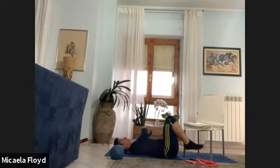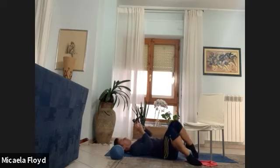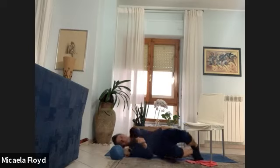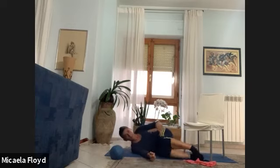And release it back. Relaxing the legs and releasing the hips. If you're lying down, I want you to roll over onto the side, setting yourself into opening and closing doors. So we're going to go back into the shoulders, but this time trying to get deeper into the spine as well. So rolling over onto the side, I'm going to bend the knees directly in front of the hips,